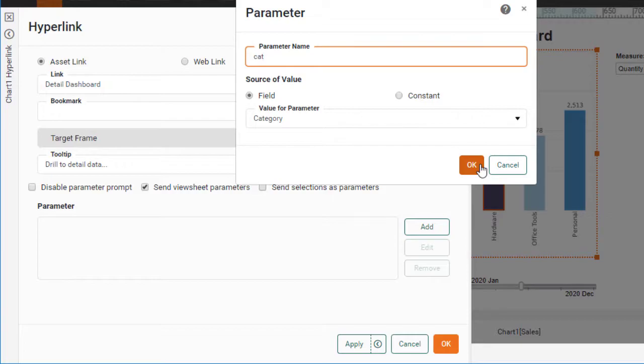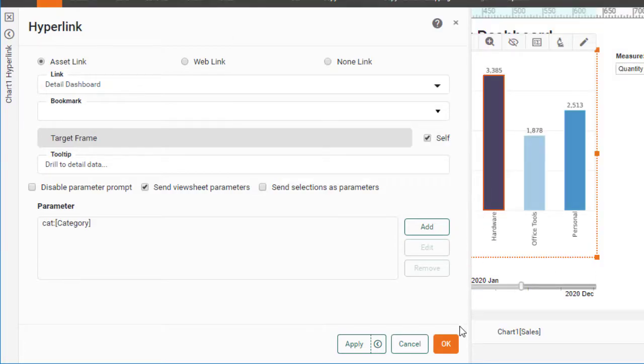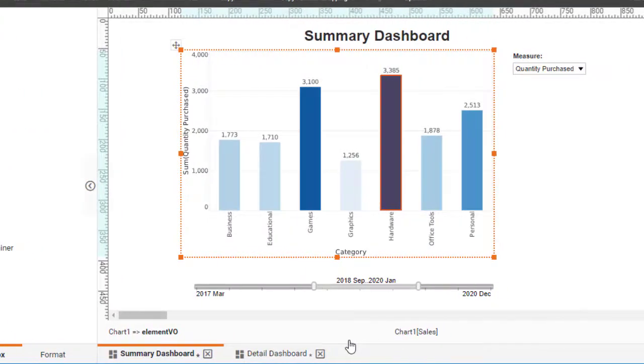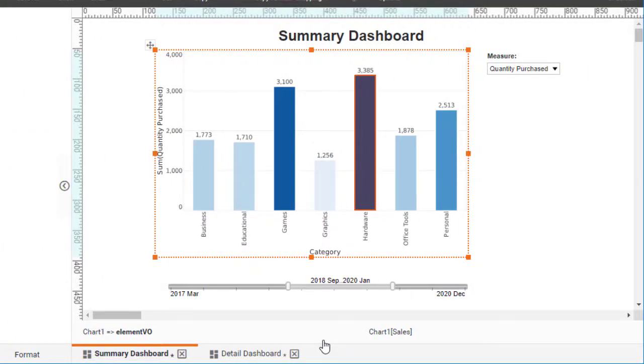Press OK to close the parameter dialog box, and press OK to close the hyperlink panel. We have now configured the chart in the summary dashboard to hyperlink to the detail dashboard and pass the value of the category into a parameter in the detail dashboard named cat. The next thing that we need to do is to set up the detail dashboard to do something appropriate with the passed parameter. So let's return to the detail dashboard,